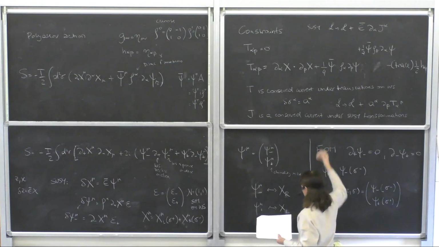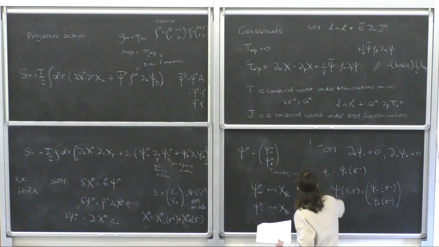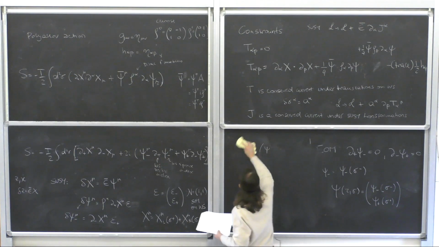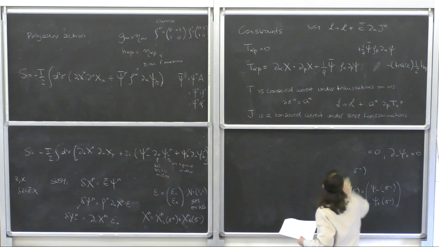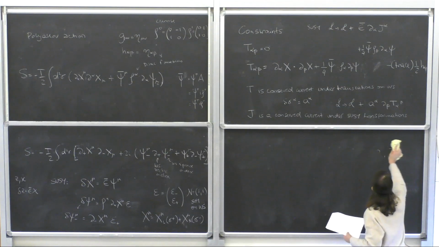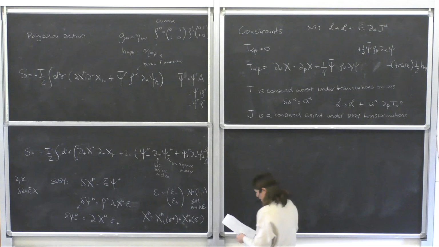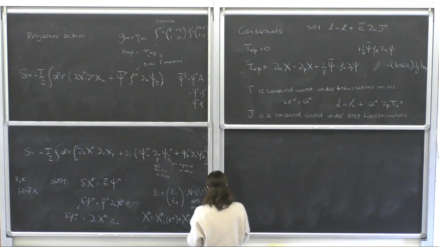So it changes by a total derivative, the Lagrangian. And J alpha